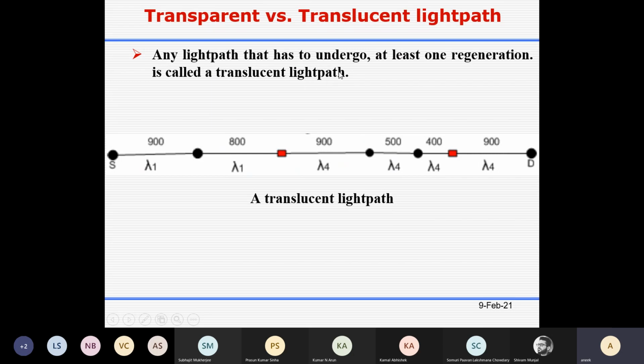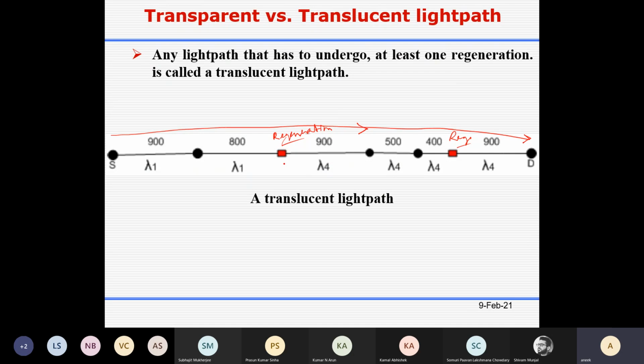Here we set up one light path from here to here, but regeneration takes place over here. This is the light path direction, and you have a regeneration over here. So this is a translucent light path.